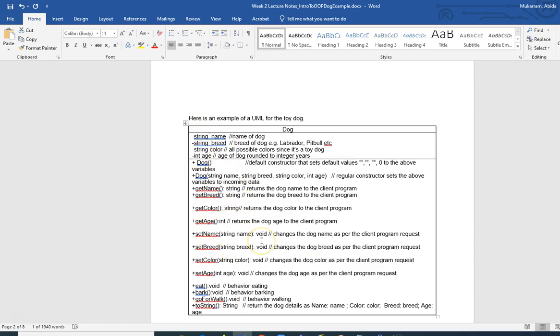Now, when we come here to the behavior, there are two methods called dog. These are actual methods, but you see they are special methods in that they do not have a return type, right? So it just says dog here and no parameters. And this one says dog with parameters. So these two methods are called constructors, because what C++ does is that when you ask for a toy dog to be created out of this template, then C++ is going to go to the factory, as it were, the dog factory, and create a toy dog with the initial factory settings or the initial specifications